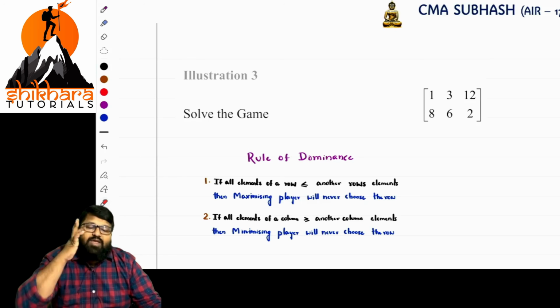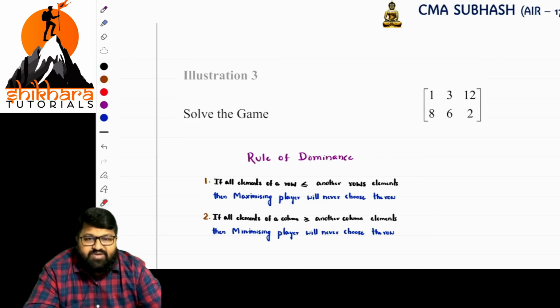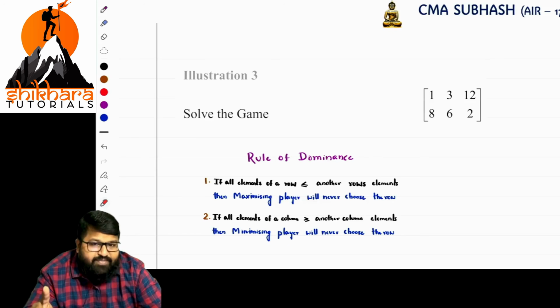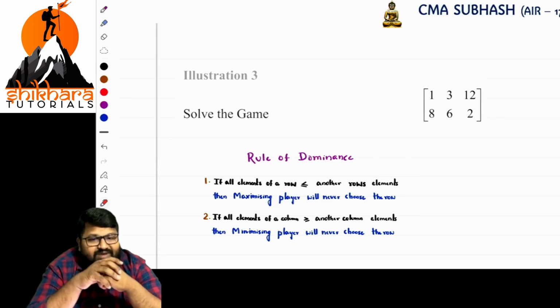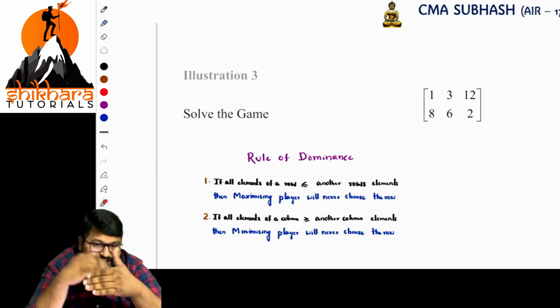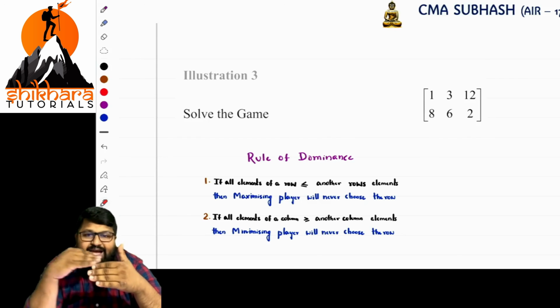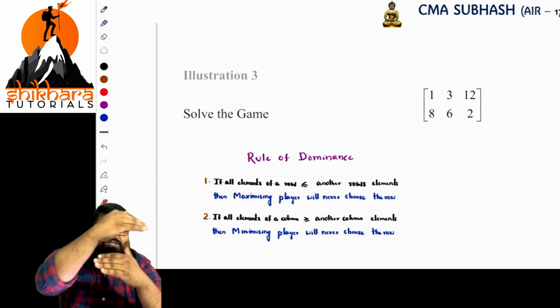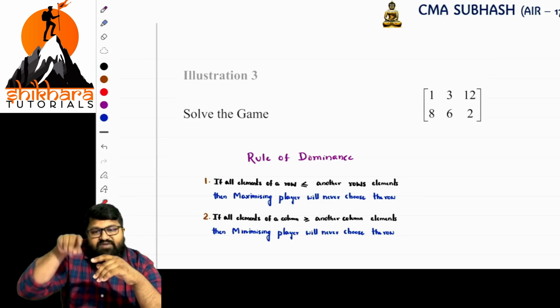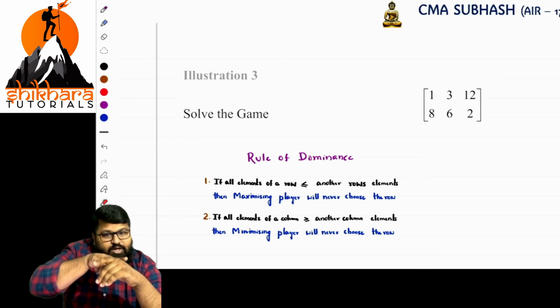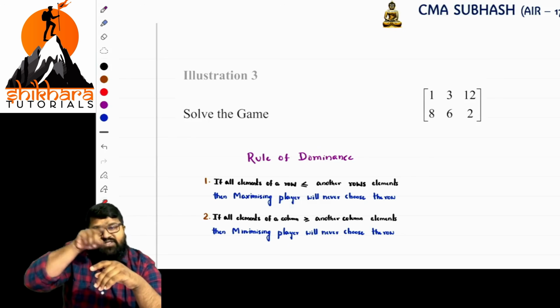Sir, what about the odds method? In the case of the odds method, we need to calculate the probability. For that, calculate the difference between the values in a row and mention it in the second row, and calculate the difference for the second row and mention it in the first row. That is rows. What about columns? In the same way, the difference between the columns is mentioned in the second column, and the difference in the second column is mentioned in the first column.